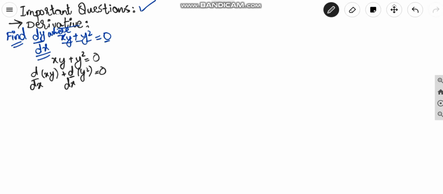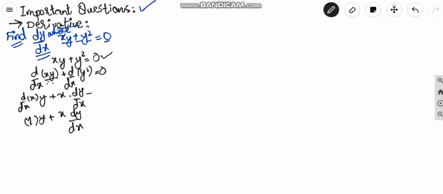This question is a little bit different from the previous question, but it's also very easy. You can see that here is a product of two functions x and y. So we can differentiate with the help of product rule. Take the derivative of first function and second function will remain as it is, plus first function will remain as it is and find out the derivative of second function. As second function is y, its derivative is dy by dx, because the derivative of x with respect to x is 1, y as it is, plus x dy by